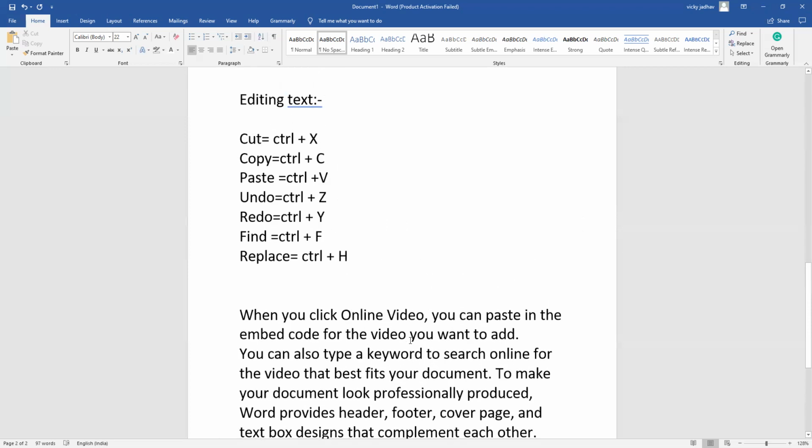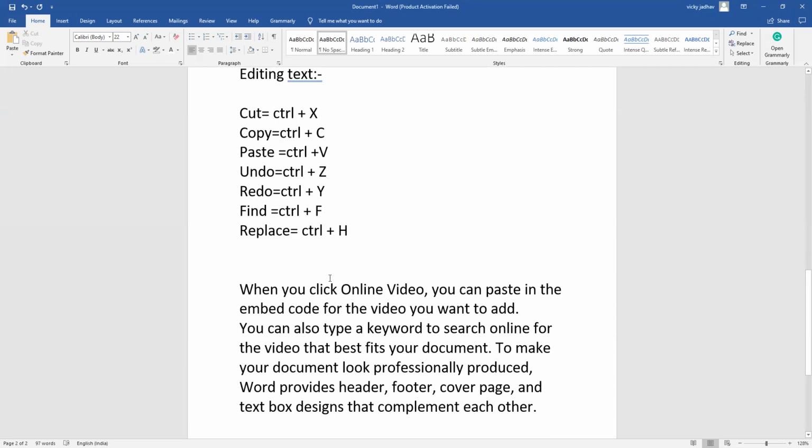The next option is Control C, how to copy. For that we need to select some text. Like I'm going to select this much of text. As I have selected it, you can see the Copy option here. Just click it, or you can do it by Control plus C, which is the shortcut for copy.